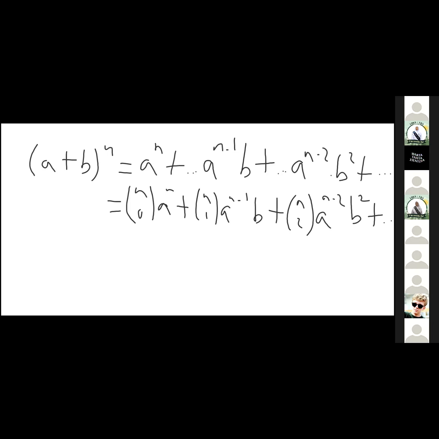Because if we just want to find one coefficient and not the whole expansion, then in general it will be faster if we just use the formula instead of writing all the terms in Pascal's triangle. Because if we want to write down the terms in Pascal's triangle, then we have to start from row 1